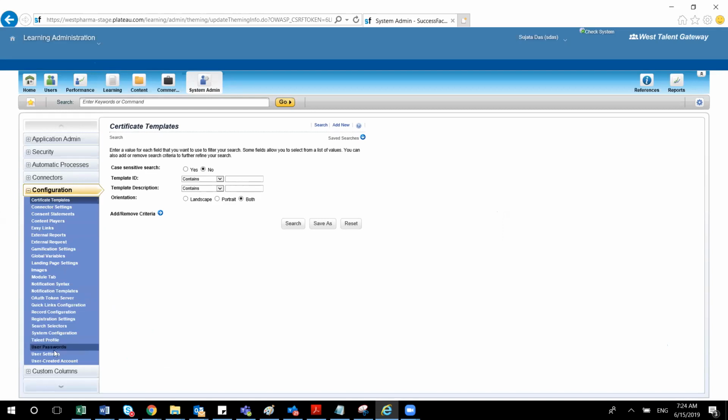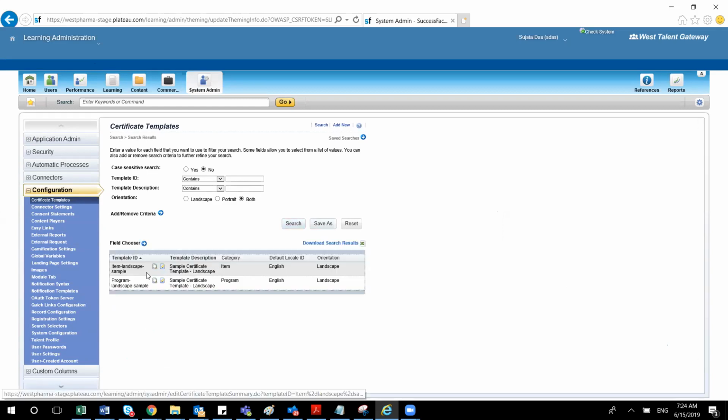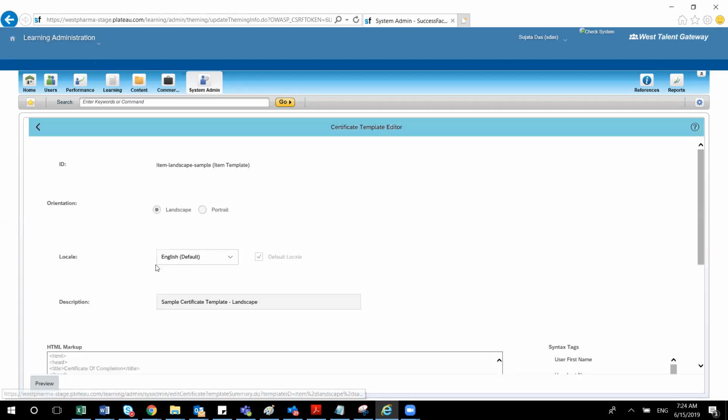We do change the logo because it will be a client-specific logo, whatever the client you are working for. So that logo you have to upload and make the changes. That simply means you have to change the alignment. Suppose you want to change some more text, those basic settings you can go and change there. It is easy. If you know a little bit of HTML, then you can make it more interactive.